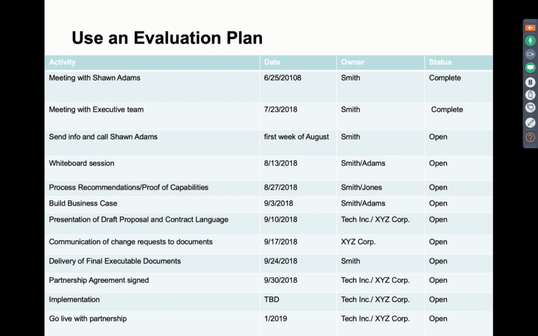So either we need to adjust the plan and move the date out, or maybe something's changed and we're not moving forward with the plan at all. So you let me know. I'm just worried about the plan. So this becomes the thing you're worried about and you're managing to, and you've already agreed to the plan with them. It helps you to get the prospect accountable to certain steps and to being responsive to you ahead of them actually signing the deal.